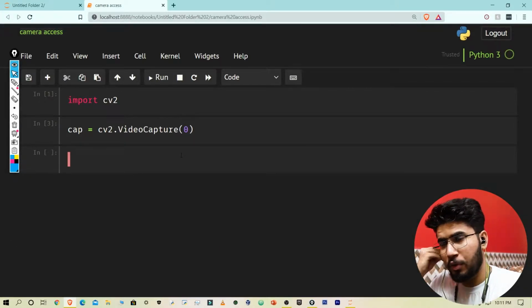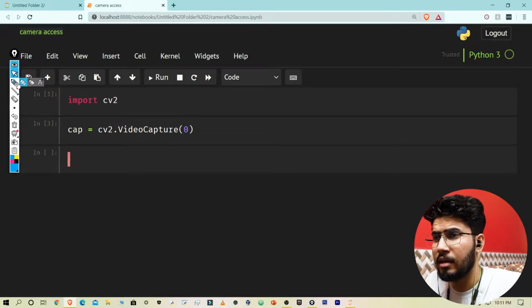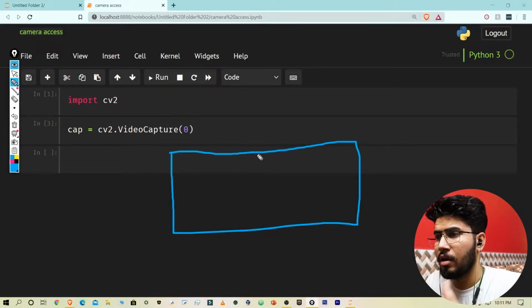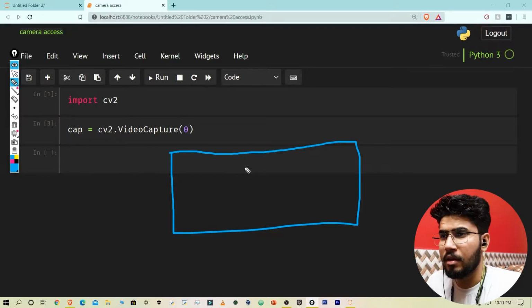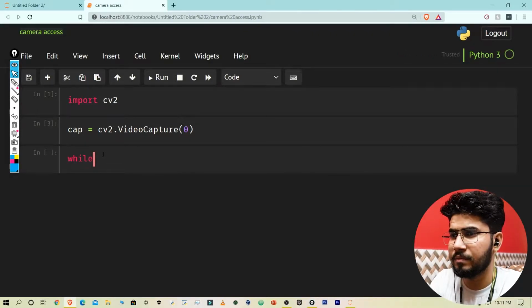Now what I'm going to do is, if you open a camera application, it continuously takes a frame of us, like it continuously clicks a picture and then shows it on the frame. So that is what I am going to do. I am going to use an infinite loop, let's say a while loop,